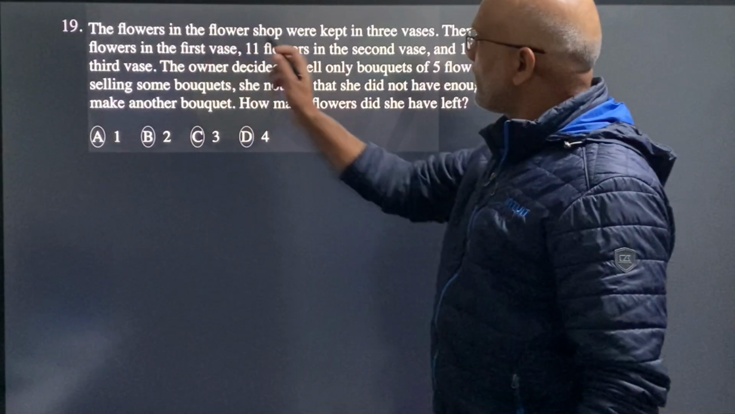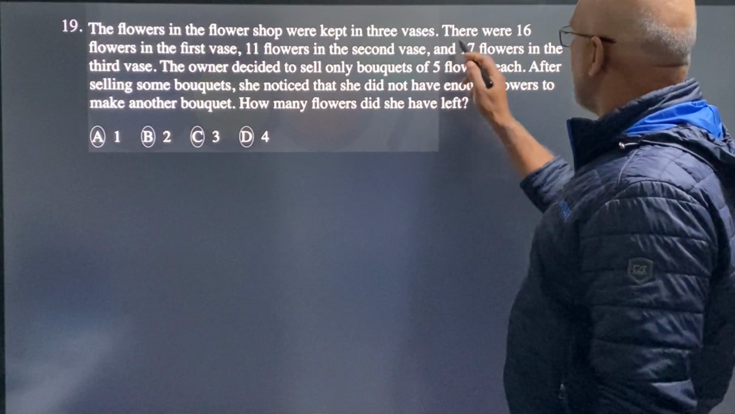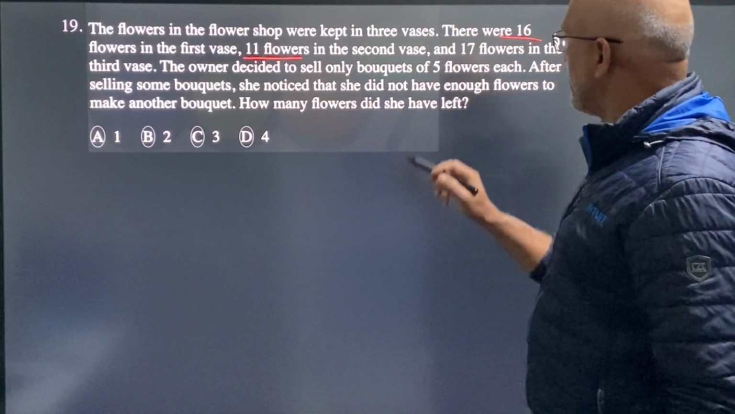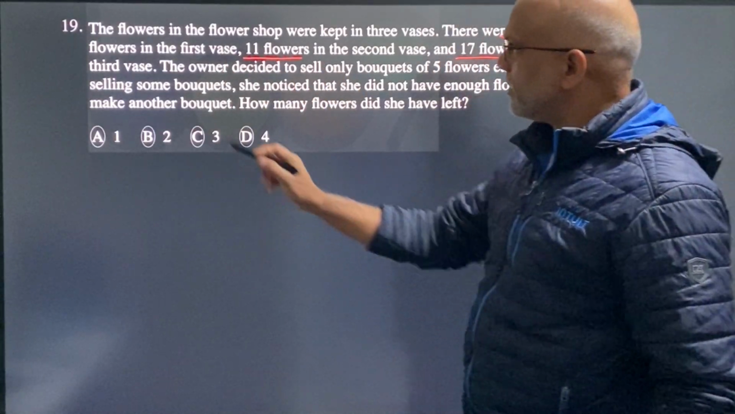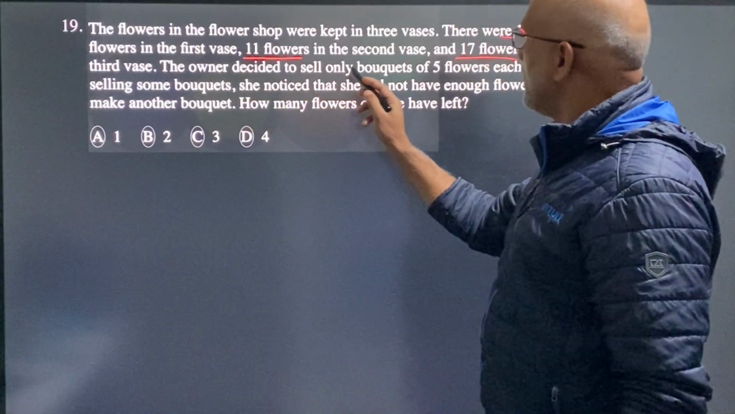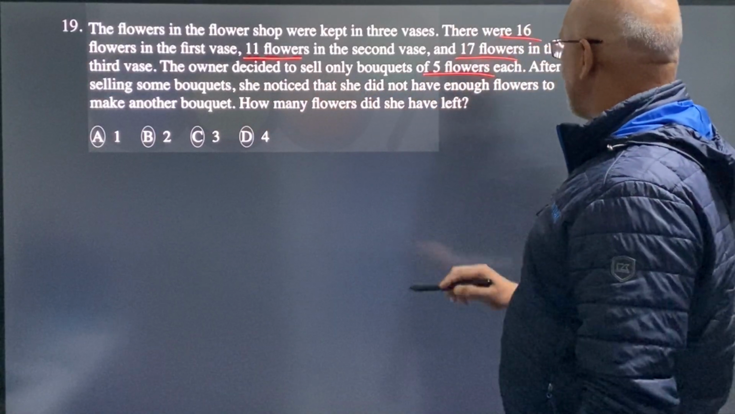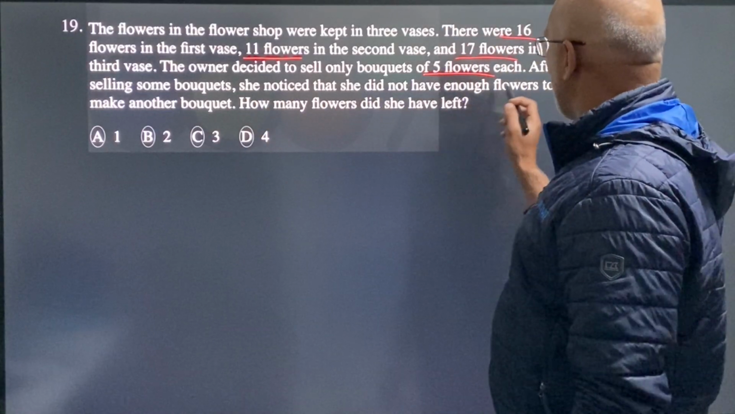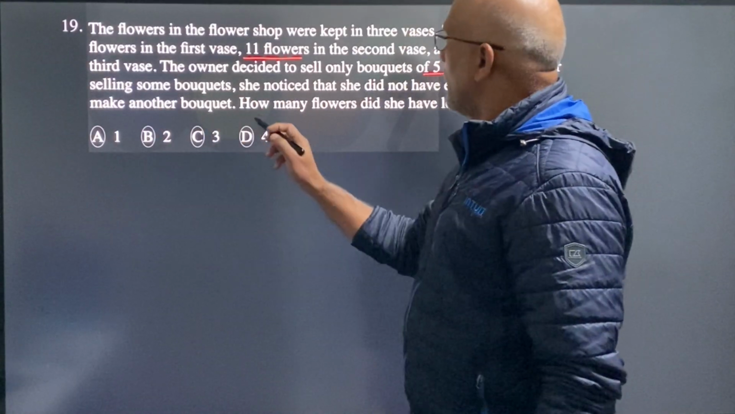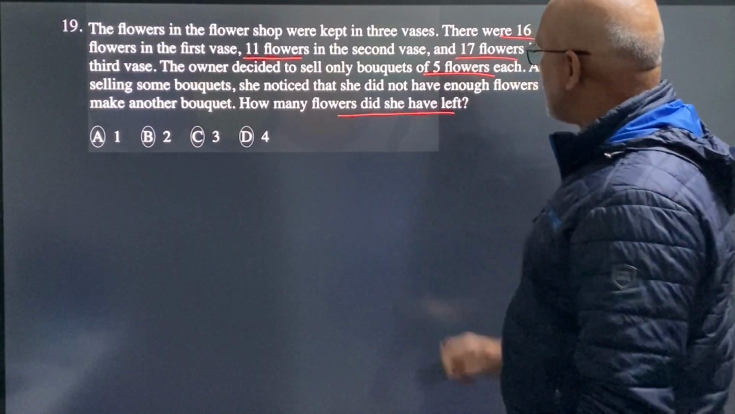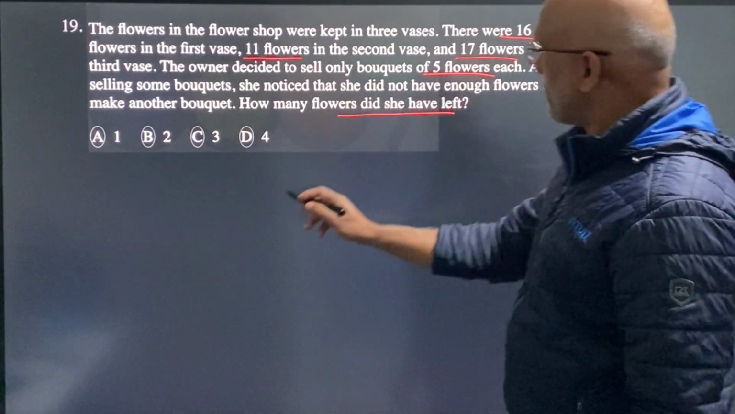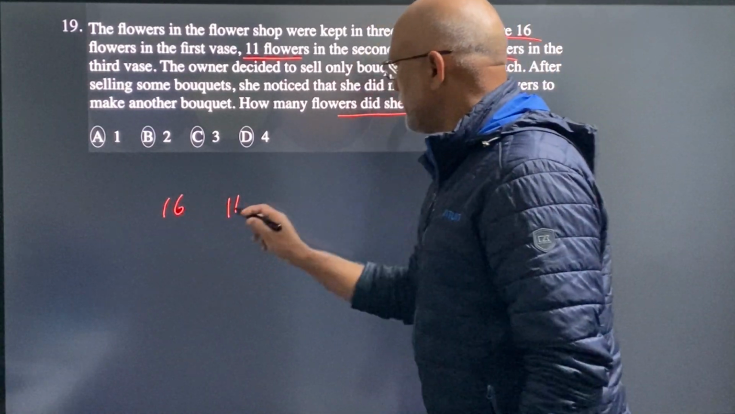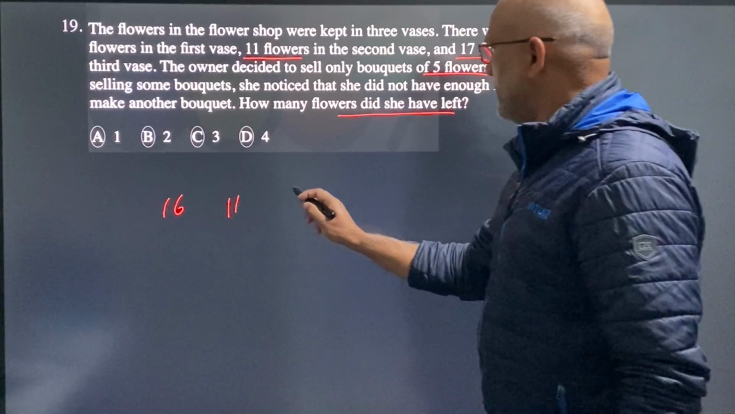The flowers in the flower shop were kept in 3 vases. There were 16 flowers in the first vase, 11 flowers in the second, and 17 flowers in the third vase. The owner decided to sell only buckets of 5 flowers each. After selling some buckets, she noticed that she did not have enough flowers to make another bucket. How many flowers did she have left? Alright, so there were 16 in the first, 11 in the second, and